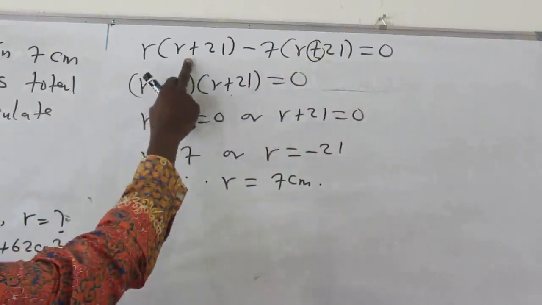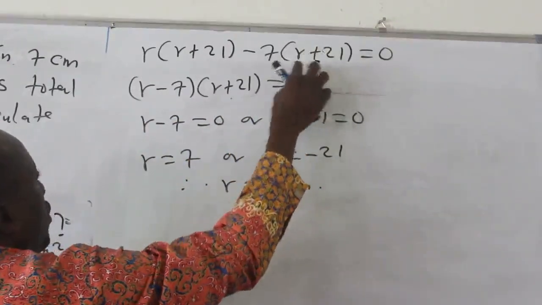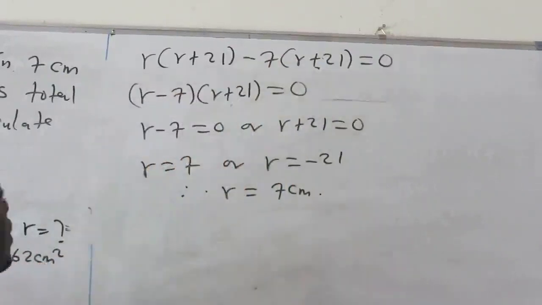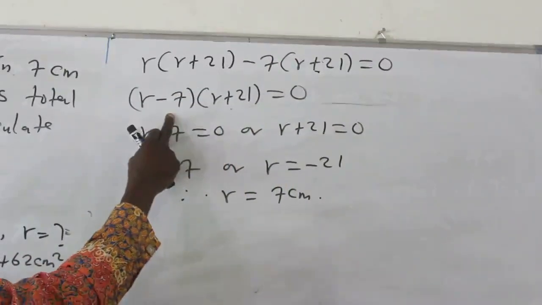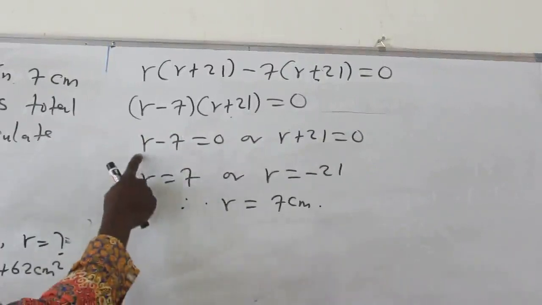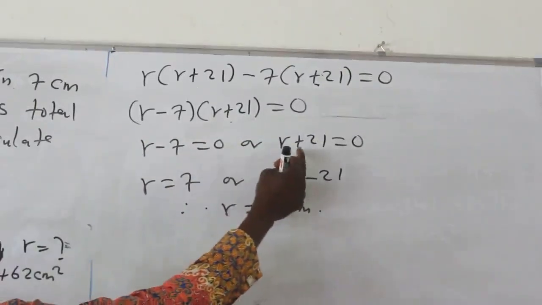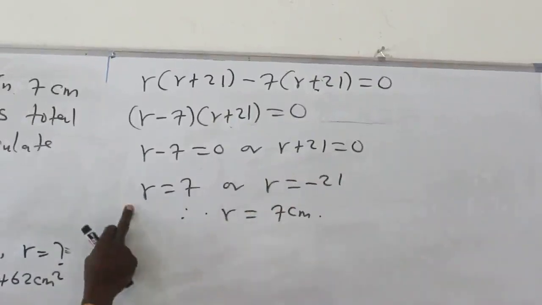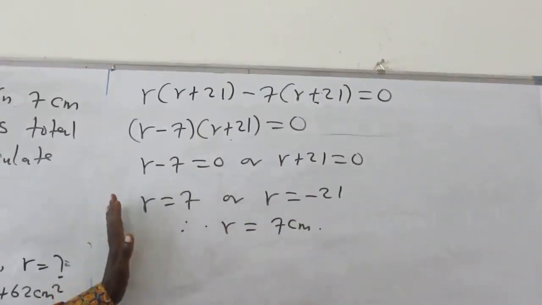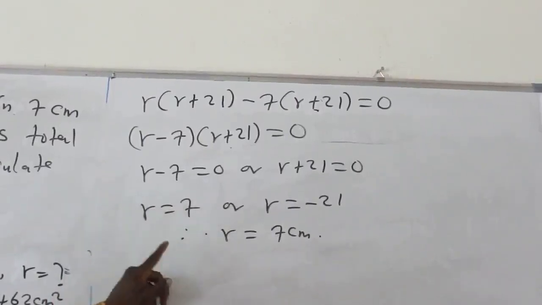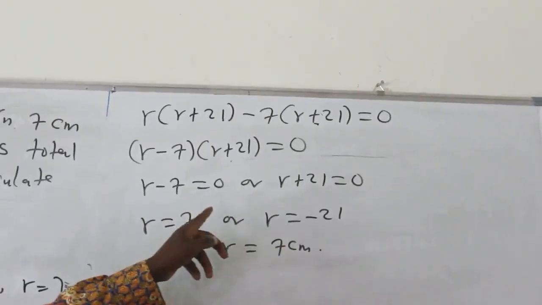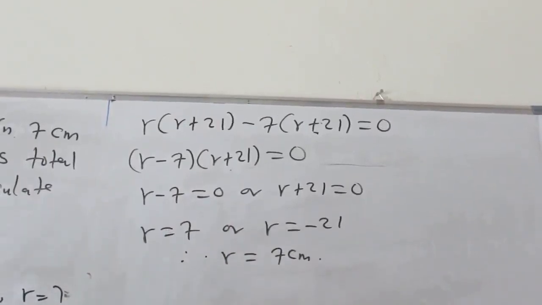Now, r plus 21 is common. Then we pick 1. That is why we have r plus 21 and we are left with r minus 7 in bracket. So we have r minus 7 in bracket, r plus 21 in bracket equals 0. It is the same thing as r minus 7 equals 0 or r plus 21 equals 0. Our r will be equal to 7 or r will be minus 21. Now if you stop here, you will not get the last mark. You have to conclude. Therefore, your r is 7 centimeters, because you cannot have r as negative, because you are dealing with the radius of a